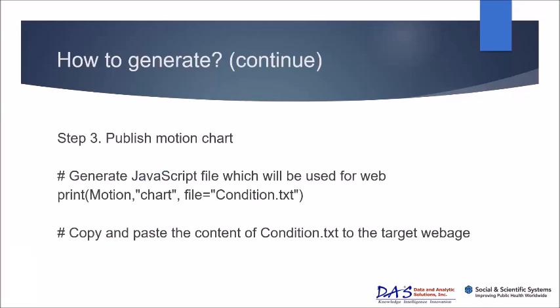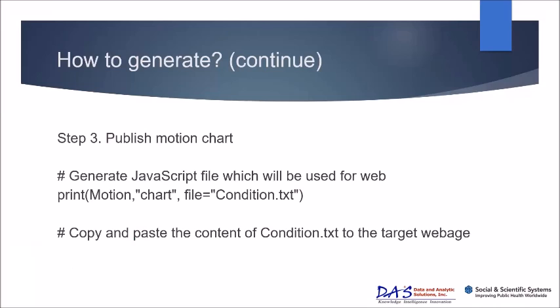The motion chart can be output using the print function into a text file, and then you can simply copy and paste the content of the file into your blog or target website,